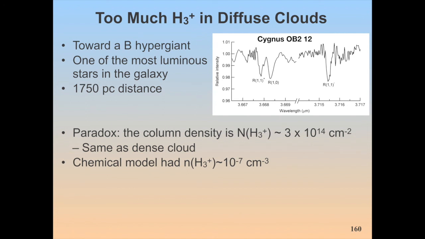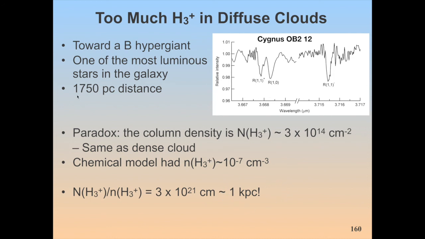All right, now the chemical model had the concentration of H3+ at around 10 to the minus 7 per cubic centimeter. So here we have essentially our column density, which says how much H3+ is between us and the star. Here we had the chemical model, which basically says how much H3+ should exist there. So if you divide these two numbers, you'll basically get a length. And this length works out to around 10 to the 21st centimeters, which is about 1 kiloparsec,